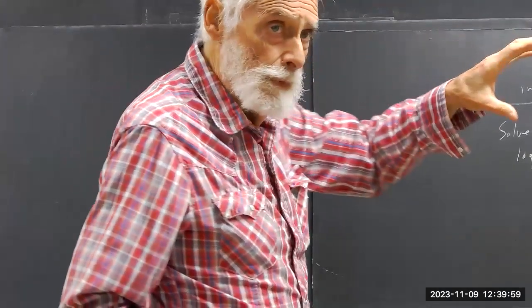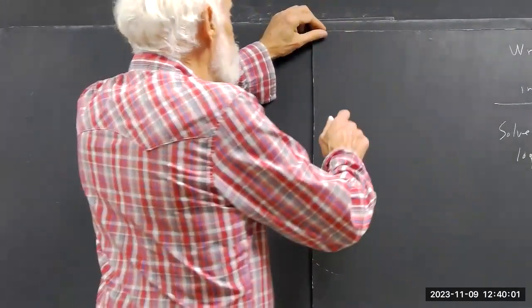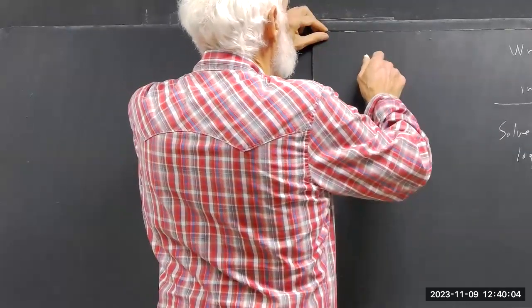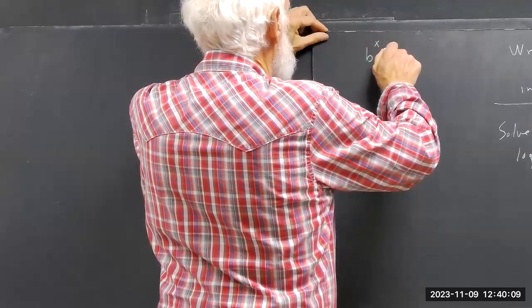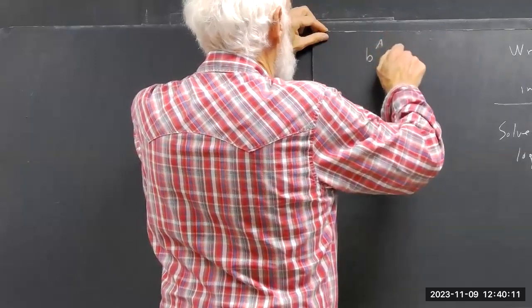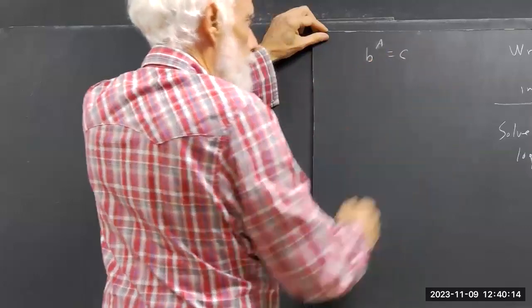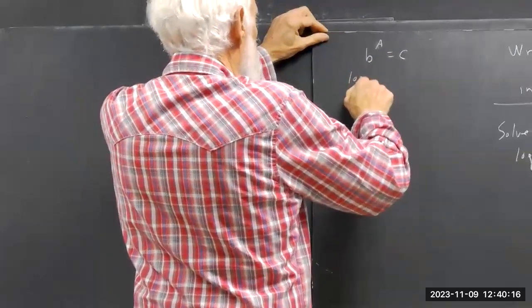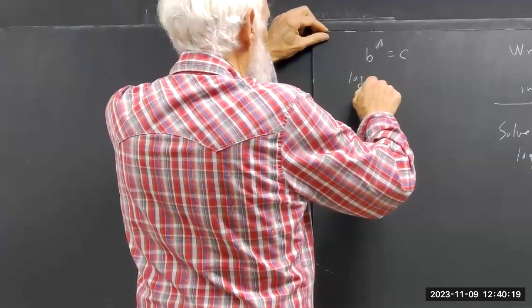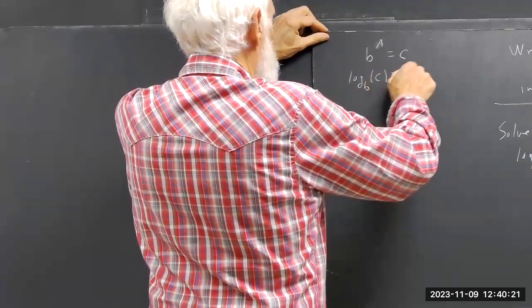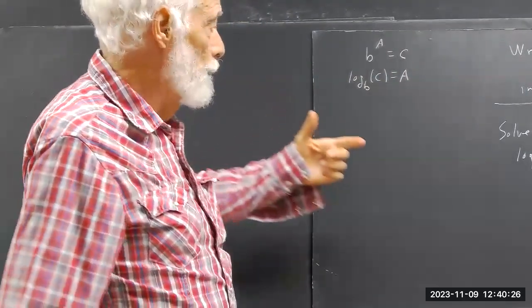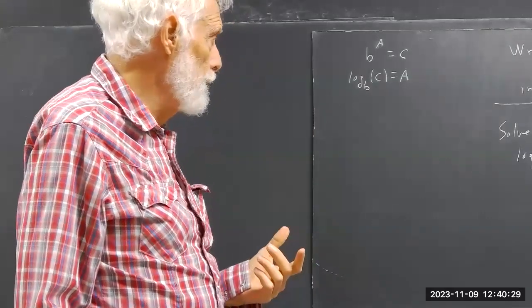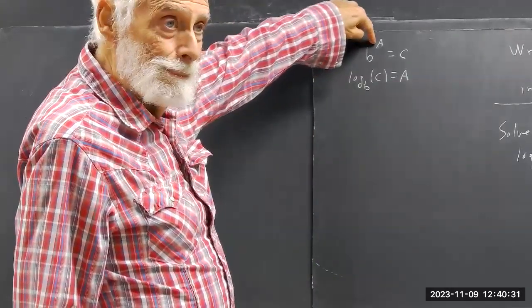Okay, first of all, you always kind of want to write out the equivalencies. B to the A equals C is the same as saying log base B of C equals A. And the way you can be sure that you have it right is if your variable is in the exponent up here,